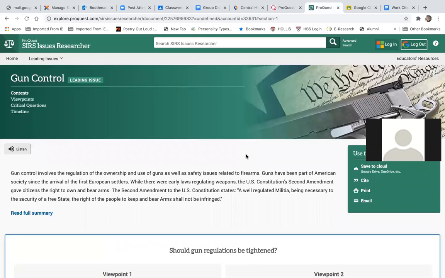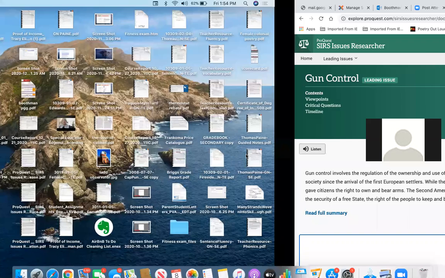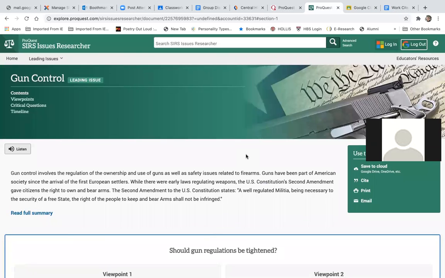Another thing you could do if you're really interested in gun control is you could go to Rhode Island Kids Count, which is a website. You could use some data from that, and anything that has to do with kids, like if you wanted to say how many children in the last 10 years in Rhode Island died because they were handling a firearm that discharged and killed a child.